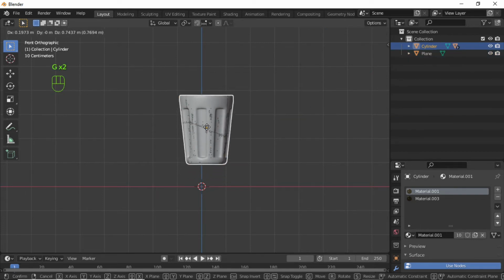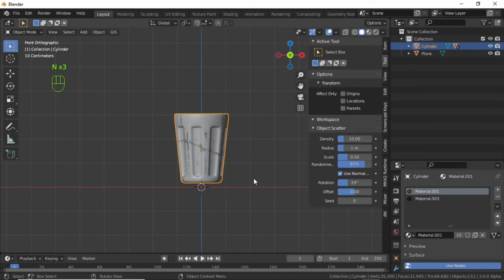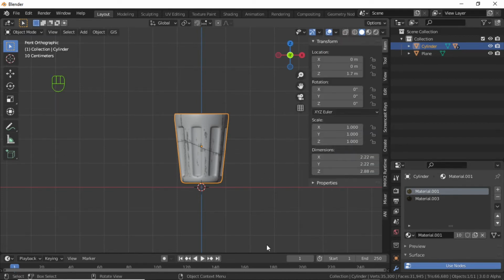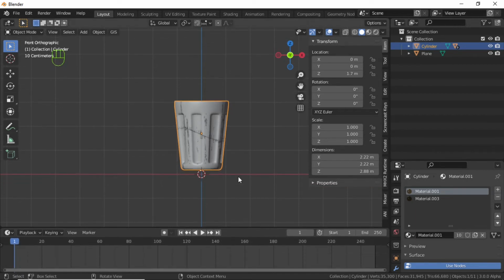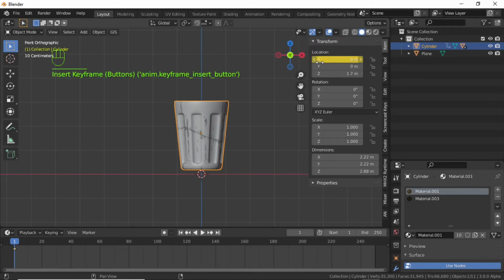When you move this cylinder, you can see that everything is moving. Now press N for this side panel, then click on this item. Make sure you are at first keyframe, then right click on this X location and select here insert single keyframe.